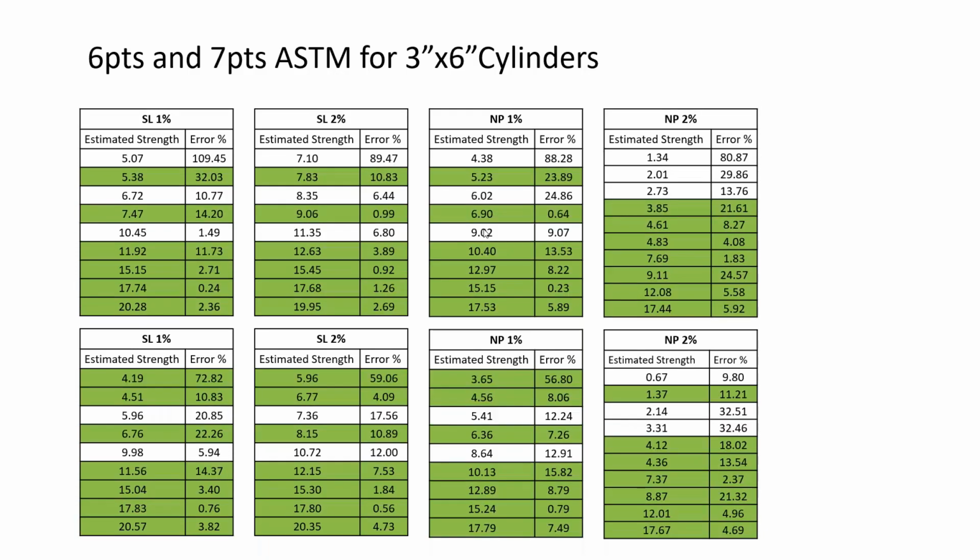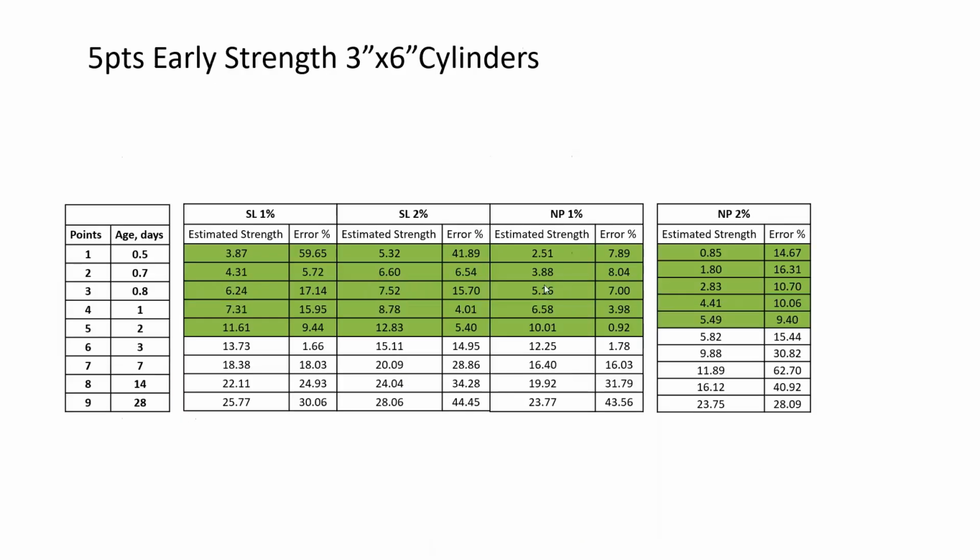So let me skip through this, and if we go beyond the ASTM and we choose even 6 points or 7 points, how the error will look like at the different ages. And this is the 5 points from the early strengths. So again, there is no time, so I cannot go over all these tables and details. It would take another 15 minutes to explain each of these tables, but just to give you an idea